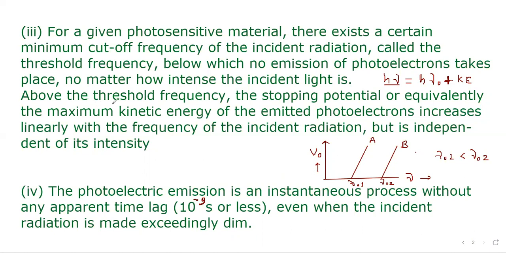So here the same thing is explained. Above the threshold frequency, the stopping potential, or equivalently the maximum kinetic energy of the emitted photoelectron, increases linearly with the frequency of the incident radiation. If you remember the graph,